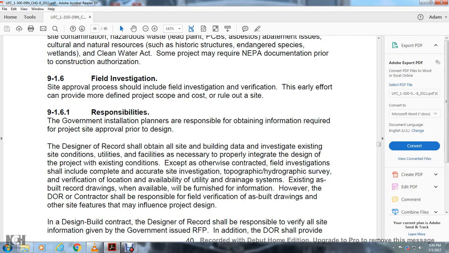Field investigation and site approval. The process should include the field investigation and verification, with every other effort provided to give a more defined project scope and cost, to rule out the site. Government responsibility: government installation planners are responsible for obtaining information required for the project site with the approval of the design. The designer of record shall obtain all site and building data, investigating existing site conditions, utilities, and facilities necessary to properly integrate with the design and the project existing conditions. Unless otherwise directed, the contractor with the field investigation should complete the aggregate site investigation,